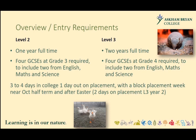Level 3 is a 2-year programme, and that's equivalent to 3 Science A-levels. To start that programme, you need 4 GCSEs at grade 4, and that would include 2 from English, Maths and Science. The third one shouldn't be any lower than a 3. So, for example, if you had a 4 in English, a 4 in Science, and 2 other 4s, and your Maths was a 3, then you